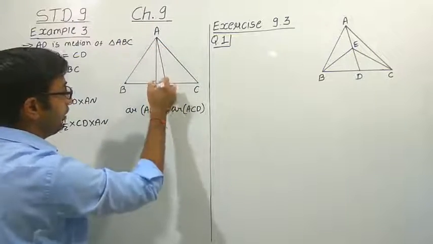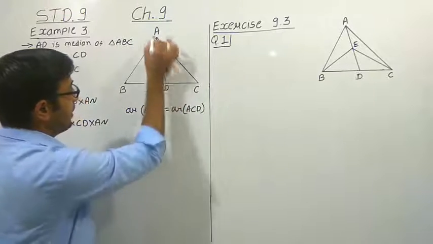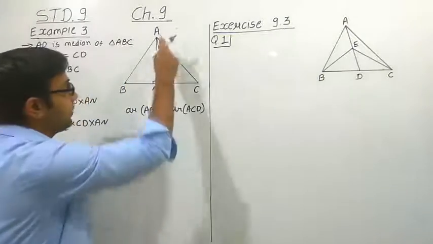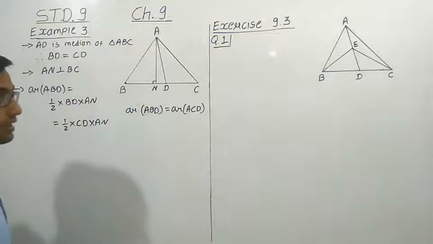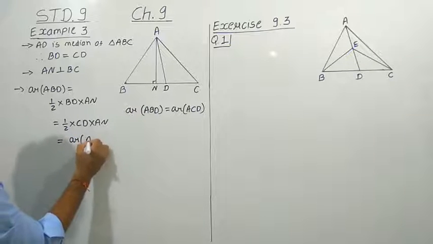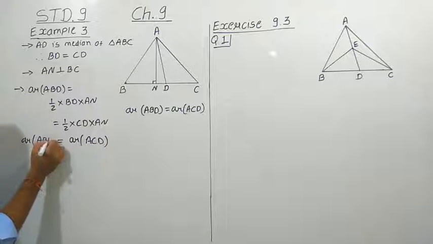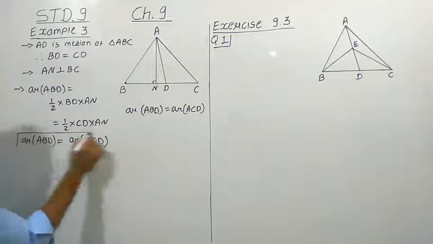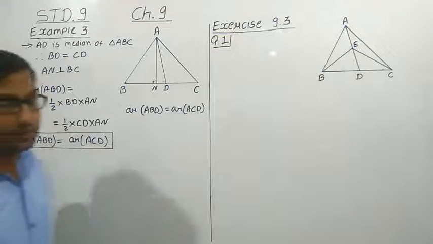So that line we have to draw here. That is already drawn here, AN. So we have to extend the base up to this point, and then we can draw the perpendicular line. So AN will become the height of triangle ACD, and that is why we have considered AN as its altitude. So this gives the area of triangle ACD, right? So here we have area of ABD, and we proved that it is equal to area of ACD. So this is an important result that we have to use to prove some of the exercises, right?